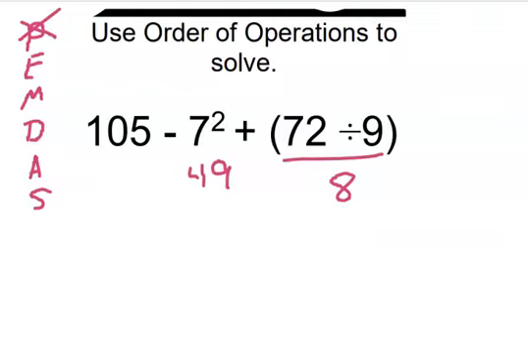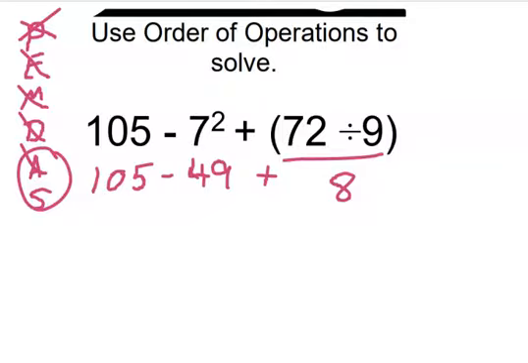All right, so now we're left with 105 minus 49 plus 8. At this point, we're done with exponents. There is no multiplication left. There is no division left. There is addition, but we don't do that first. Remember, guys, when we look at addition and subtraction, it's as a group. So, since all we're left with is addition and subtraction, you just go from left to right, just like when